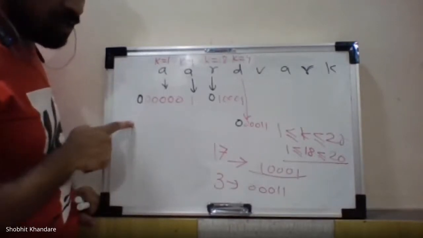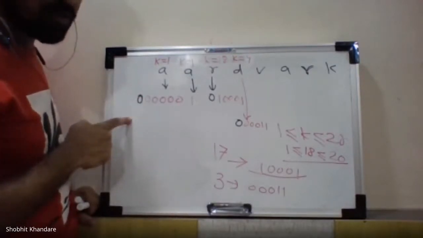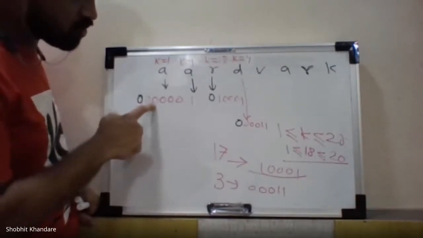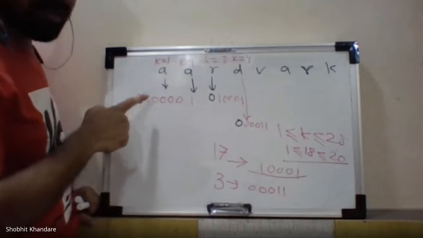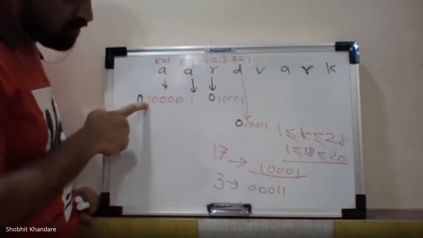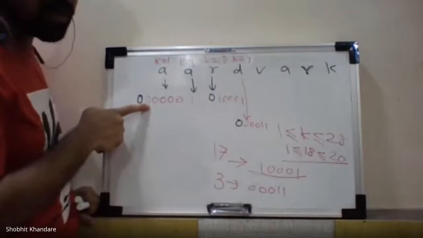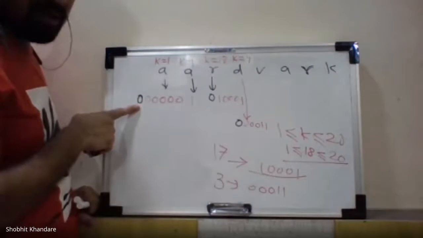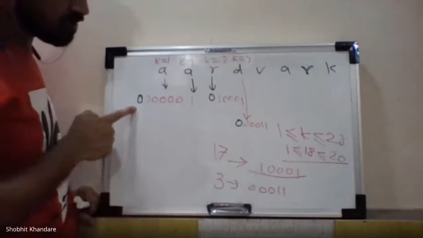Now we have written for A. What does the second step say? If the symbol has come for the first time, you have to send the NYT code followed by the fixed code. As far as the fixed code is concerned, we have got the fixed code for A as 0 0 0 0 0, so 5 zeros. And we have said that the NYT code is 0. That is why it is 0 and 5 times 0. So this 0 is for the NYT code and the 5 zeros are the fixed code for A. Now pay attention. This is as per the steps I gave.